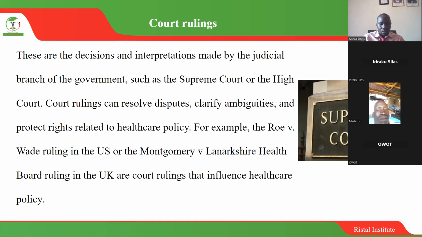Okay, for example, the cases that we quote here. The first one in the US is about a case where a citizen took the state government to court over the right to abortion. Okay, and then the court made its ruling that the patient has the right to make a choice on abortion. And then the case in the UK is about a